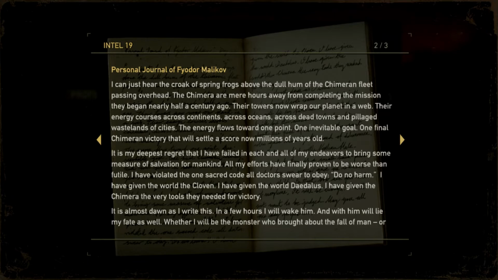The Journal of Melikov. I could just hear the croak of spring frogs above the dull hum of the Chimeran fleet passing overhead. The Chimera are mere hours away from completing the mission they began nearly half a century ago. Their towers now wrap around the planet in a web. Their energy courses across continents, across oceans, across dead towns and pillaged wastelands of cities. The energy flows toward one point, one inevitable goal, one final Chimeran victory that will settle a score now millions